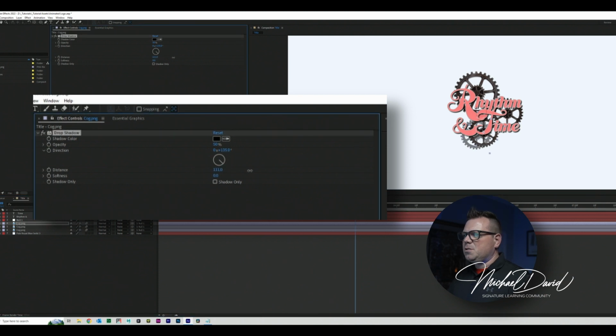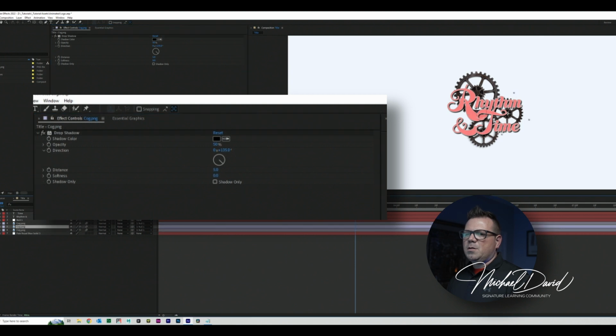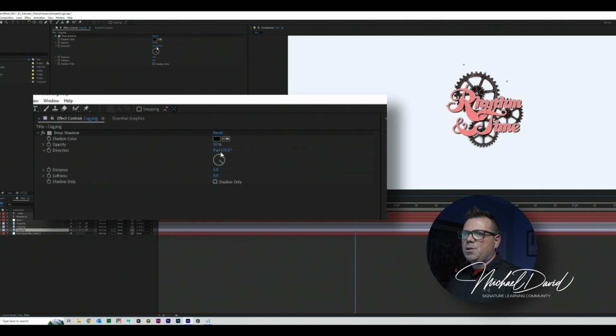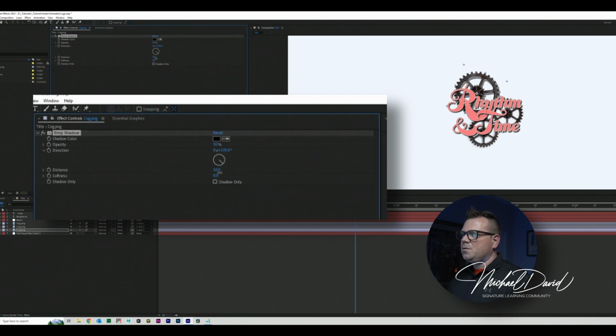So I'm going to say distance. This is the bottom one. So let's do distance and let's soften it a little bit. Like so. Looking good. Back here to the middle one. Distance. And soften it. Maybe drop the opacity a little bit. And finally the third one, distance. And that one's bigger, so I don't think I'm going to blur that as much. But there we go. So now if I play this back,